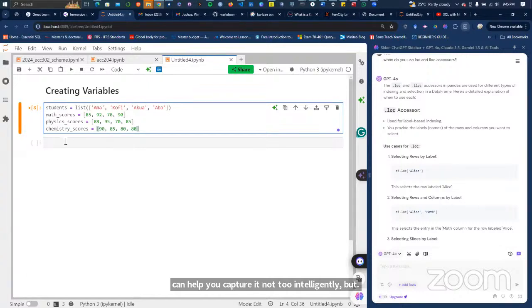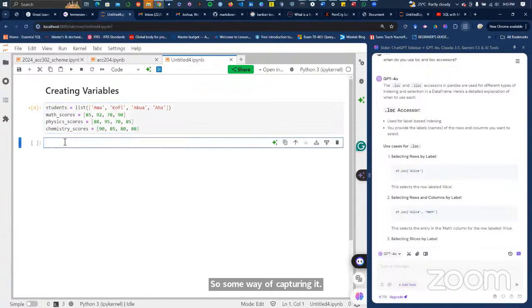Even with this basic way of capturing it, we still can find some information. We still can do some data mining. We still can do some insight extraction. For example, apart from the fact that we can add to each of the lists, we can add to the student lists if the need be. We can add to each of the other lists, which we have explored some time back.